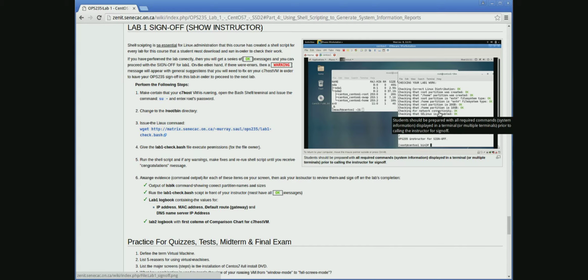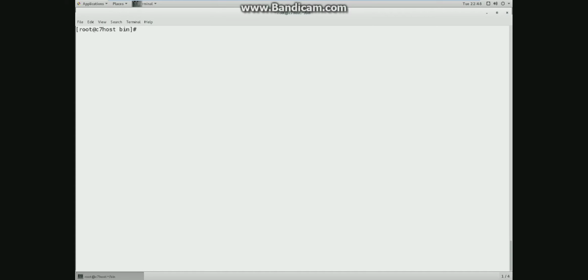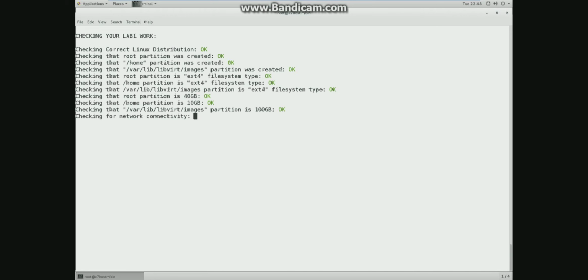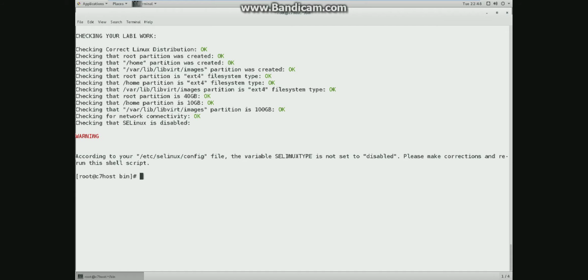Here's a demonstration. All scripts are being placed in the bin directory of root that they create. It's more realistic that way. You get the shell script, and in this situation it says that there's a problem, that we haven't set up or disabled SE Linux, so the student's going in as root, making the fix to disable SE Linux,